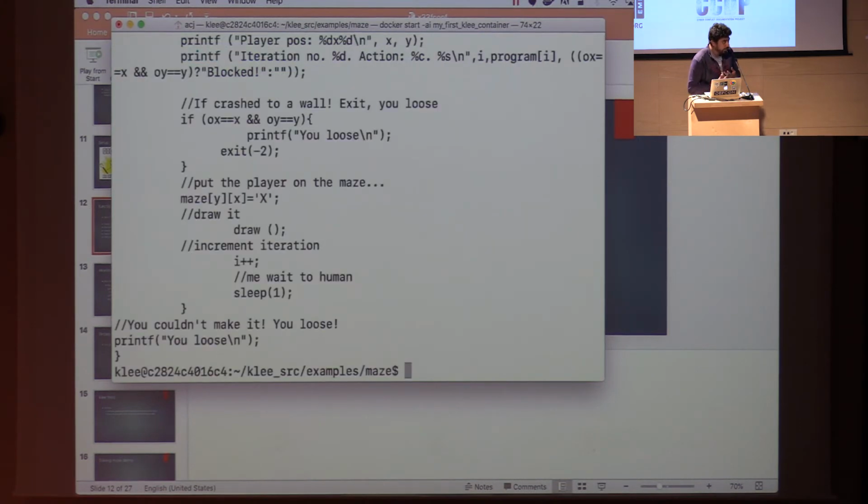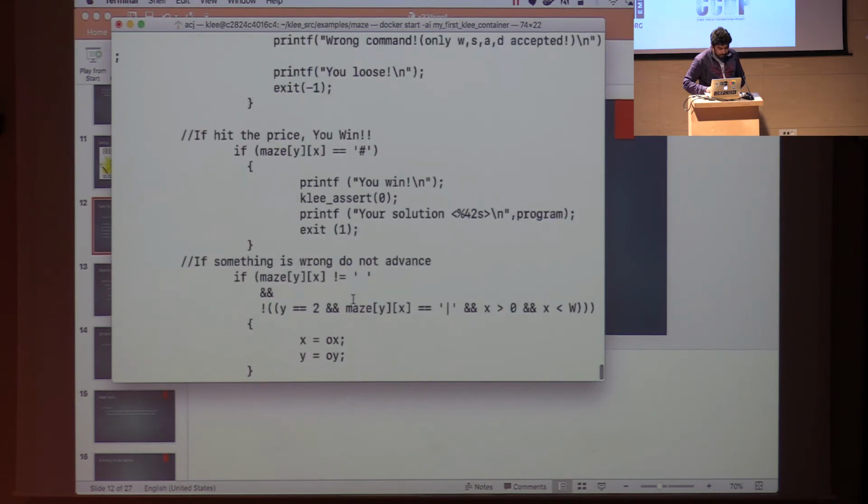So what's our goal here? The goal is to reach the success state. How do we tell our symbolic execution program to figure out a path that can get us there? In the code, obviously we will add something. This is the section where you basically win, so I just add an assert statement. An assert statement works just like a regular C assert statement. I added an assert statement here to indicate that this is the section of the code that I have